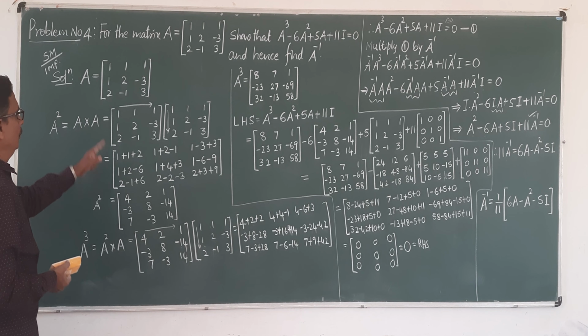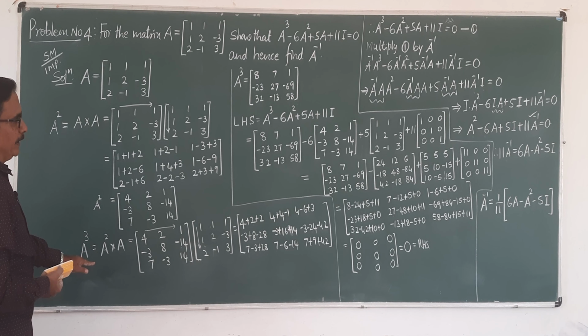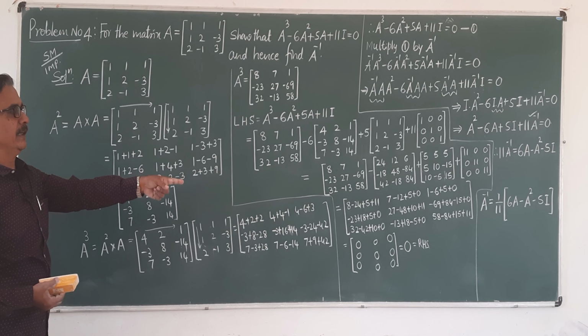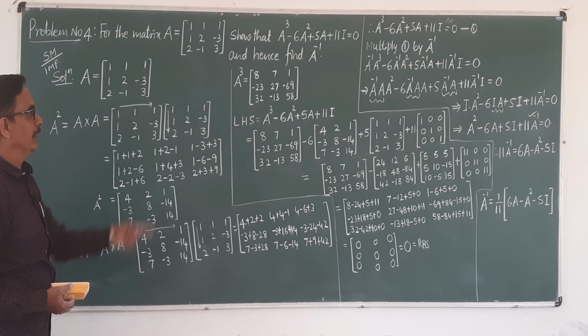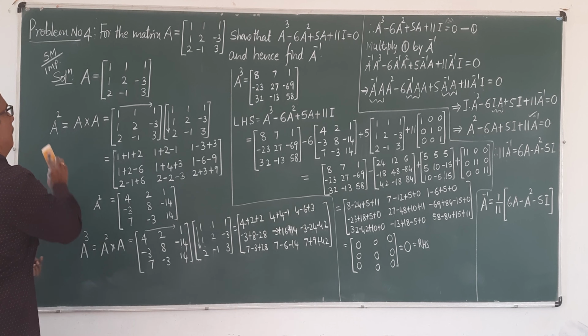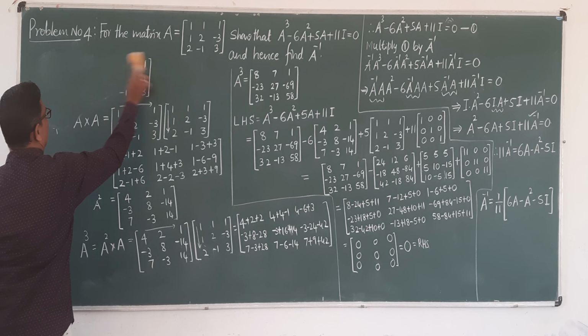First solve A square, then A cube. Then take the LHS and substitute all values till you get the 0 matrix. If you solve this type, it was already covered in algebra of matrices. Okay? Now here, to find A inverse,